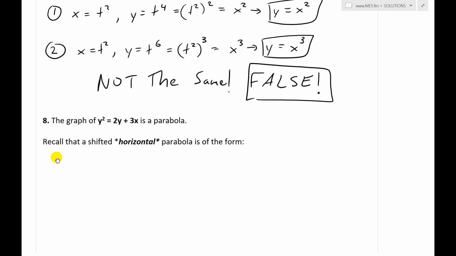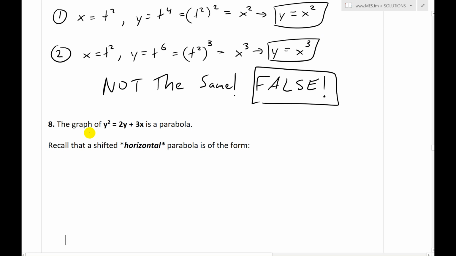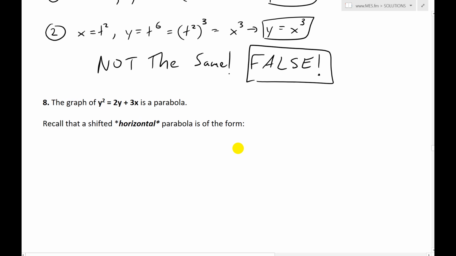Alright, so now let's look at statement 8, which states the graph of y squared equals 2y plus 3x is a parabola. Well, let's take a look at that. First of all, recall that a shifted horizontal parabola is of the form, and the reason I'm going over this particular parabola is because there's a y squared and another y, so in other words, we're going to have an x equals to a y, and then if we complete the square,